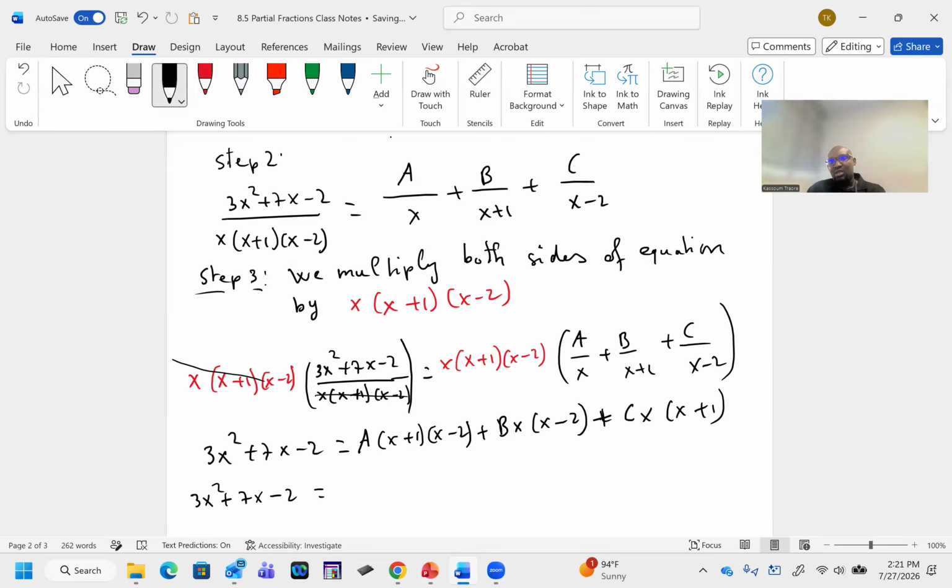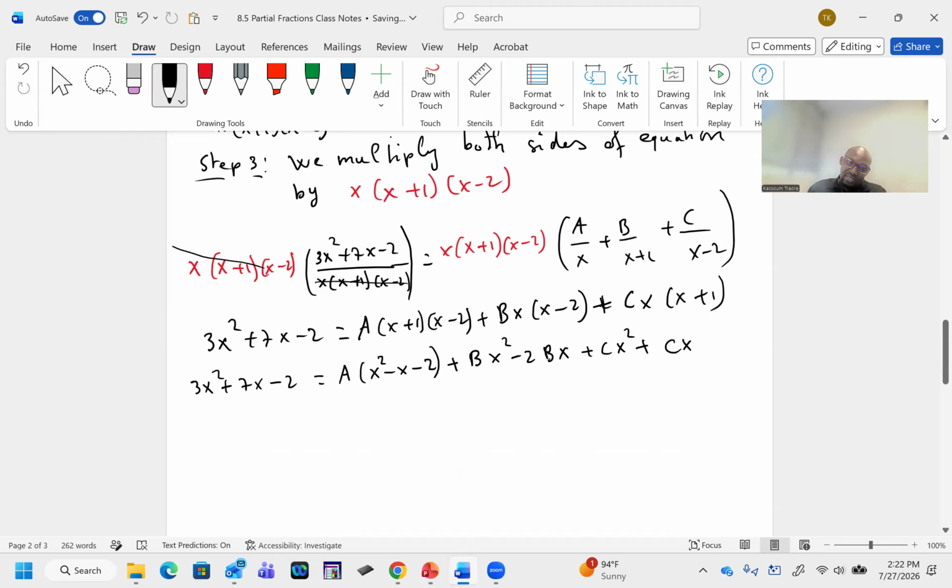So if I distribute these parentheses, x plus 1 times x minus 2, that will give me x squared minus x minus 2. If I distribute bx, it will give me what? bx squared minus 2bx. If I distribute cx, it will give me cx squared plus cx. So now,